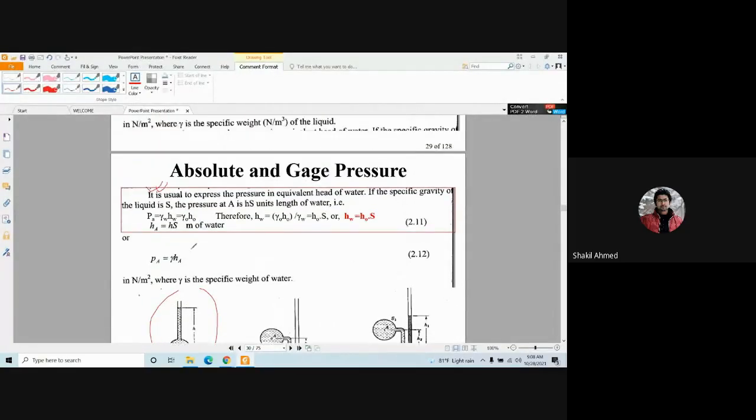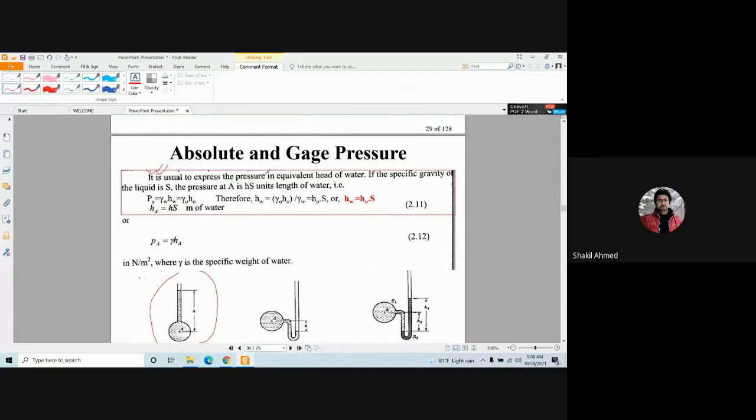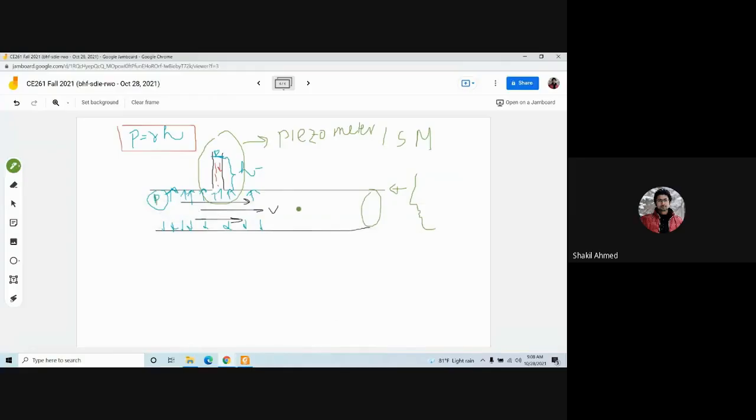Now it is usual to express the pressure in equivalent head of water. That means this liquid can be water, this can be oil, or any other types of liquids, right? So of course, this H will vary based on this gamma. For example, the pressure here is 10 Pascal or Newton per meter square. So you can say if gamma W of water is 9.81,